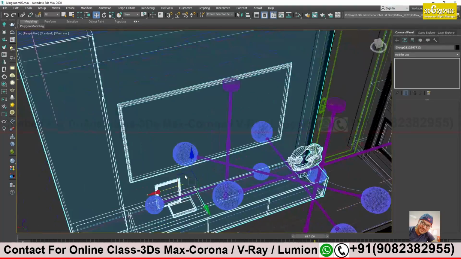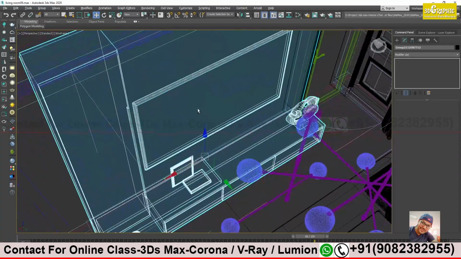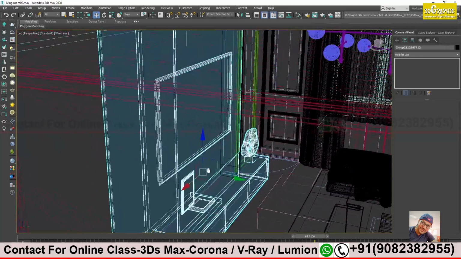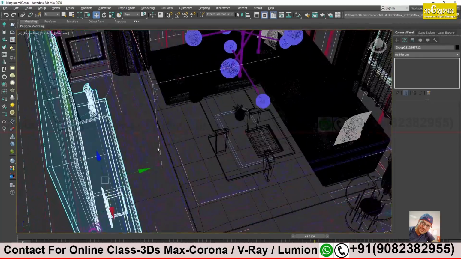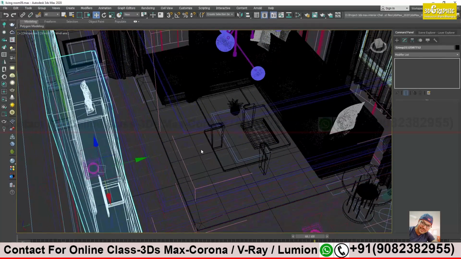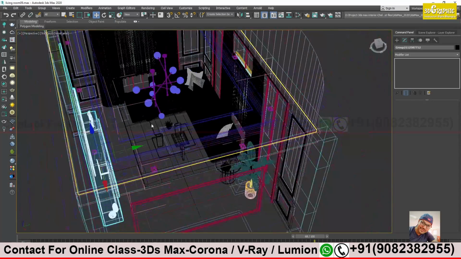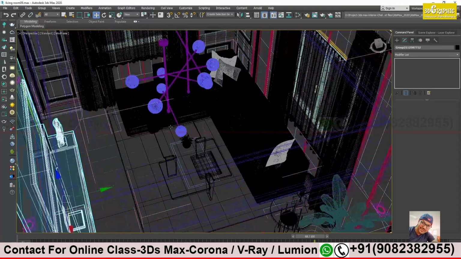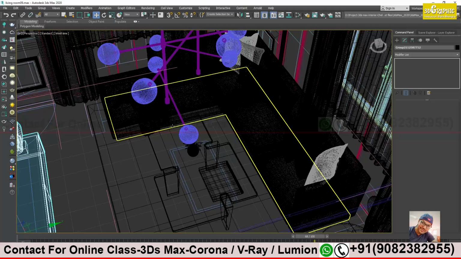We do it, no problem. For the TV screen we have to use a glow or light material, and a reflective material for the background. Floor we did. You were telling something about the floor, no? Patterns. Why don't you get some reference images for that? Give me before the class, so that I can also do some R&D if I get time.